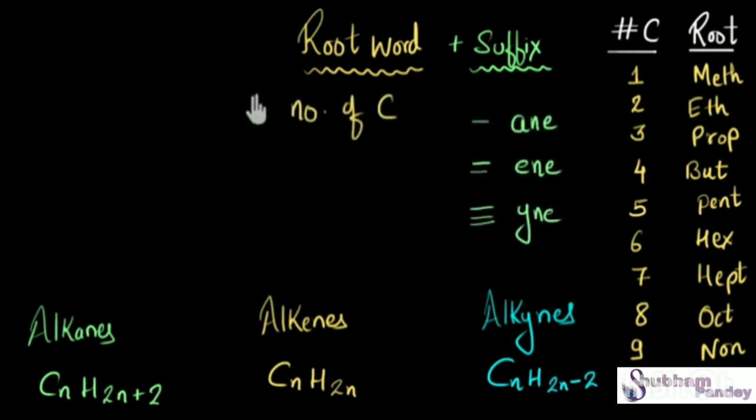So in this video, we saw how to name hydrocarbons. First, give a root word depending on the number of carbon atoms present in the molecule. And second, give a suffix depending on whether it belongs to the alkane, alkene or alkyne family. If you are given the structure of the molecule, you can just look for double bonds and triple bonds to find the suffix. And if you are given the molecular formula, then you can recall the general molecular formulas for alkanes, alkenes and alkynes to figure out the suffix.